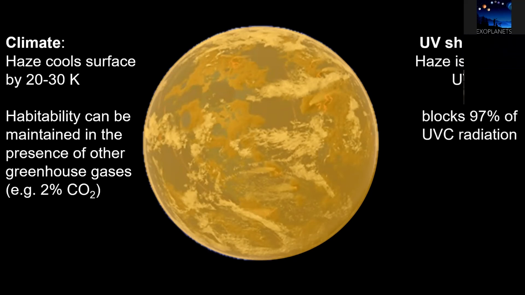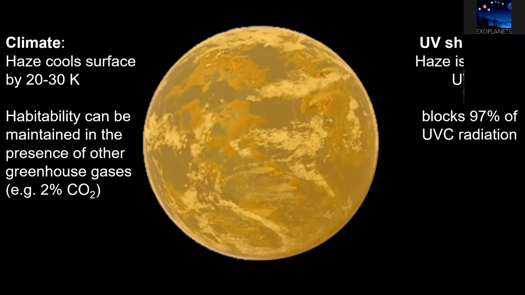Also relevant and important to habitability is that this haze is a UV shield. So this haze would have existed in our Archean Earth atmosphere prior to the rise of oxygen and ozone. Now, ozone and oxygen are important because they shield the Earth from extremely damaging amounts of UV radiation. And in particular, UVC radiation, which is the shortest wavelengths of UV that can reach the planet's surface,